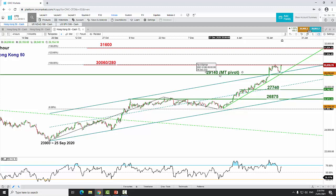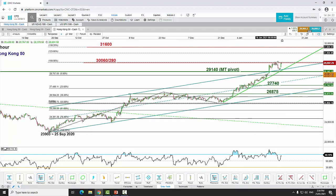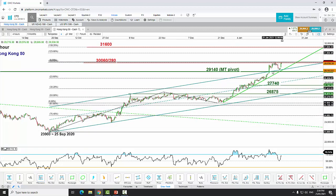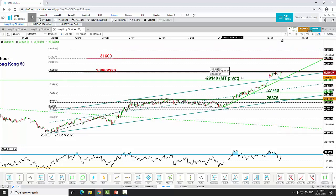And if you look at this 29,140 level, it actually also confluences with the 23.6% Fibonacci retracement that I take from this ongoing medium term uptrend since the 25th of September 2020 low, as drawn from here. Pretty close to it, I would say. So all in all, what I expect over here is, as long as 29,140 holds